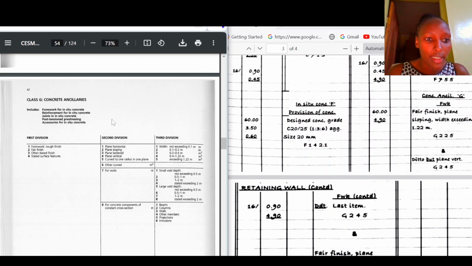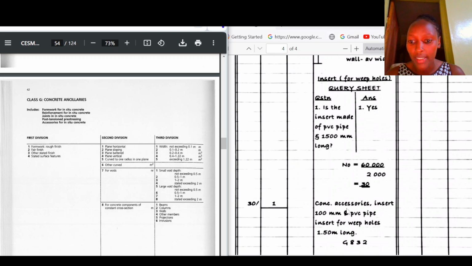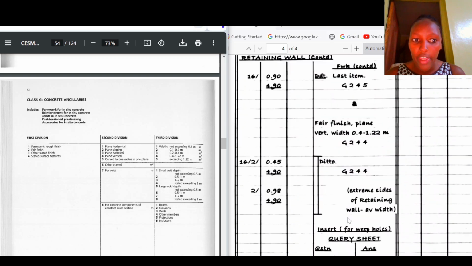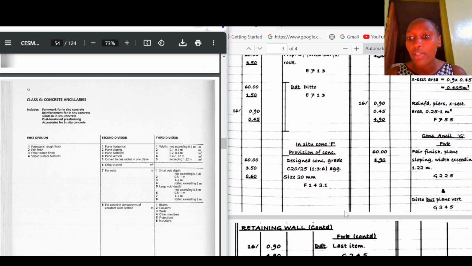If you look at the CESMM, it states that concrete auxiliaries include the formwork, the reinforcements, the joints, the post-tensioned pre-stressing, and the accessories for in-situ concrete. The accessories for in-situ concrete in this case will involve this part, the insert 100 millimeters PVC pipe, insert for weep holes. That one will lie in the concrete accessories. For the formwork, we want to calculate the formwork for the retaining wall. So